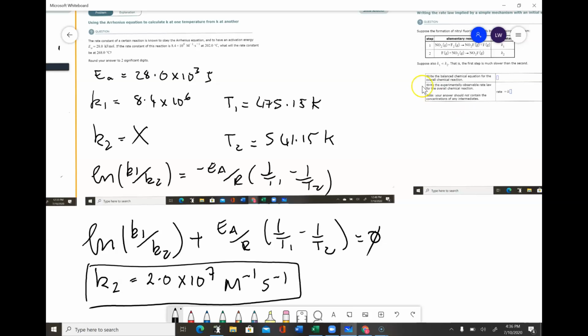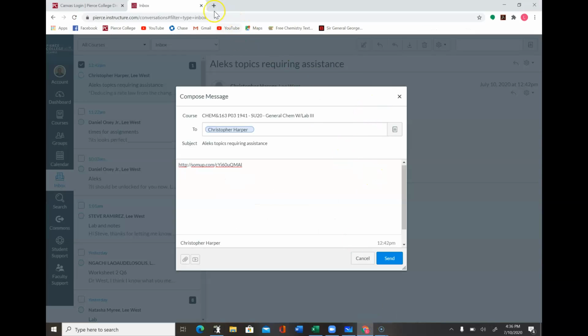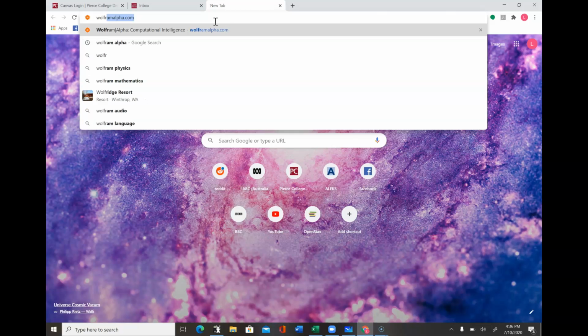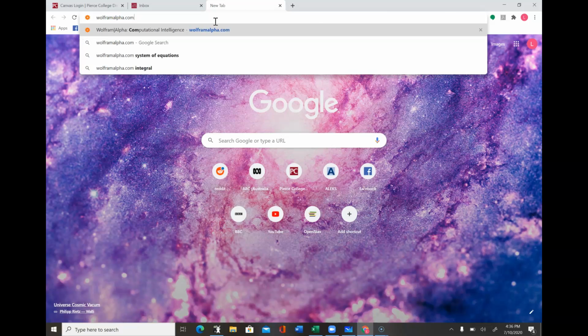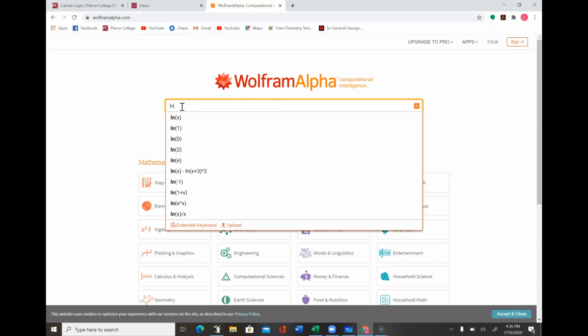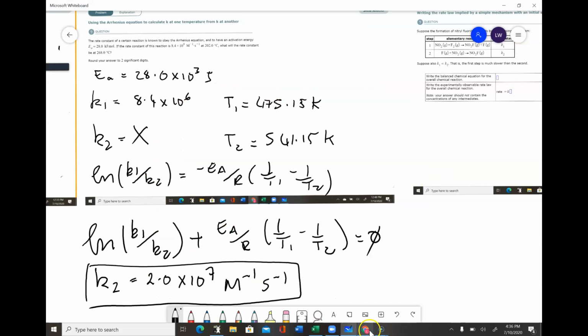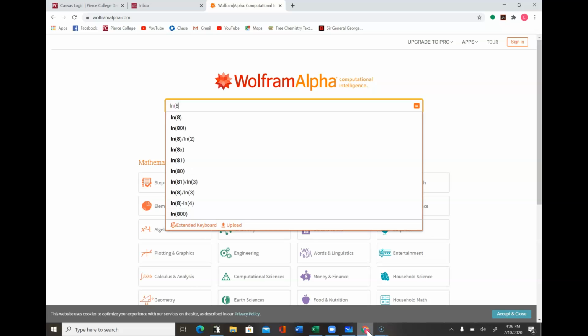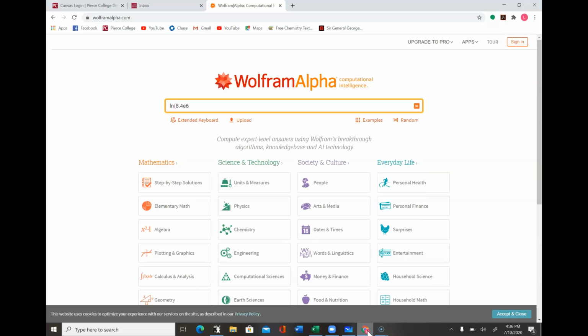Now, I'll quickly show you how to do this in Wolfram Alpha as well. And this is kind of even easier still. So what we'll do here is we'll go over to wolframalpha.com, right? And so we'll just put our formula in, log of K1, it was 8.4 by 10 to the 6, 8.4 e to the 6 on x, right, equals minus EA, which was